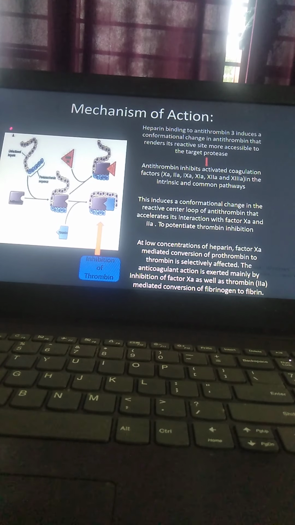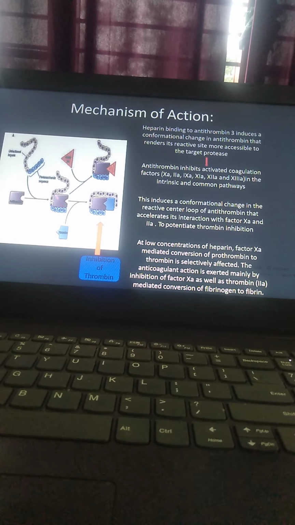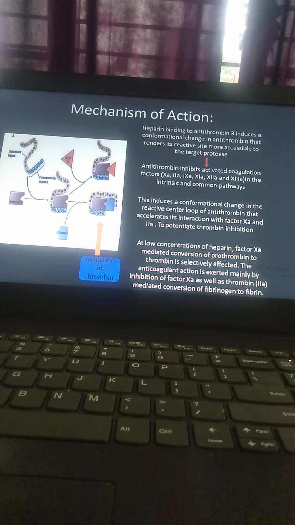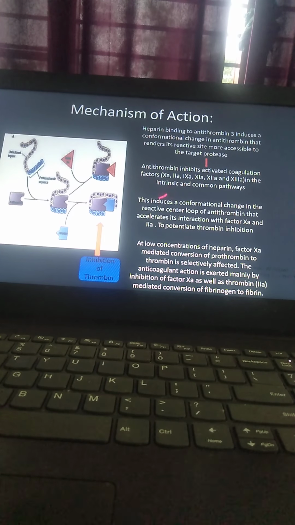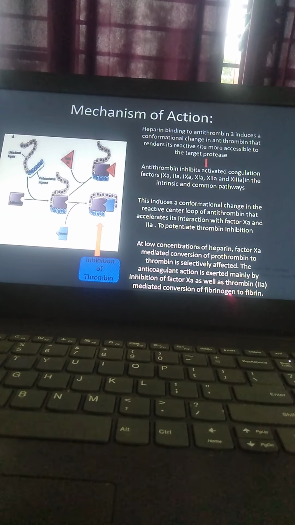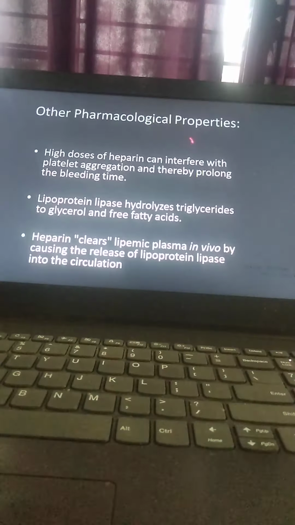So here you see this heparin, and then this is the plasminogen, and then it comes to this pathway. Then at the last there's the inhibition of the thrombin. So you have to go through this again and again, so that its potentiating effect is pronounced, and then there is the inhibition of the conversion of fibrinogen to fibrin. It is not formed.